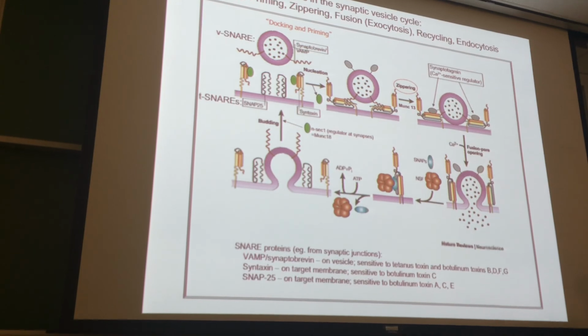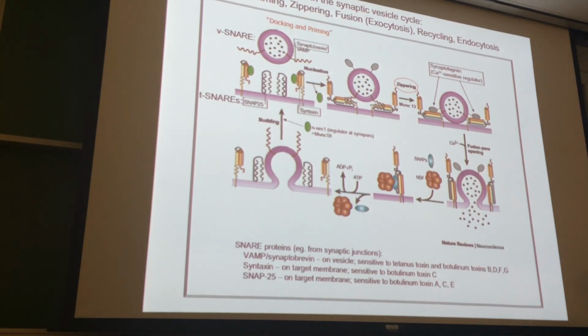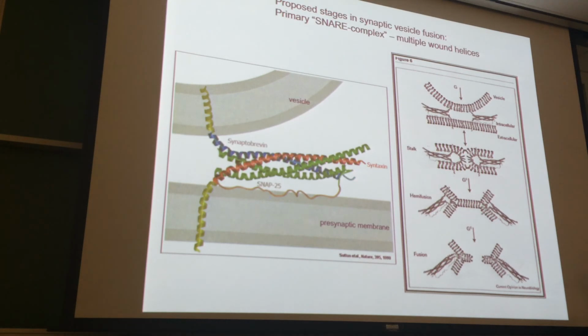Inherently, they're really slow at doing that, but inherent in these structures and that interaction is all that's needed for the machinery to come together and make what we call a fusion pore. So key to know are these basic elements here. And then, of course, the recycling will involve to varying degrees endocytosis, because you've got to make a new vesicle again. So this is just shown as a cool picture where you again have the synaptobrevin, the